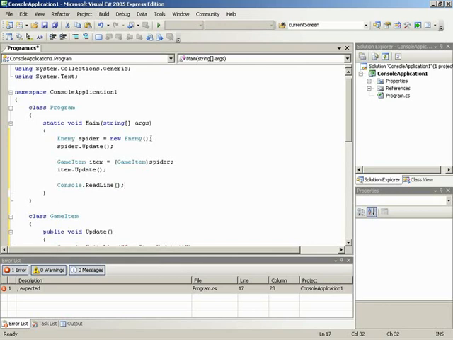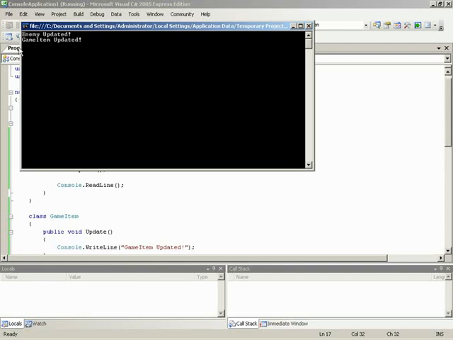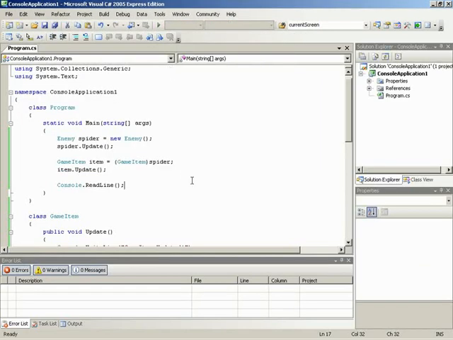And let's go ahead and build. Build, and everything succeeded. And run. Check that out. Enemy updated, game item updated. That's exactly what I said would happen back over there. Very nice. All right, now Logan, it almost looks like, because we've said that game item is instantiated, enemy is